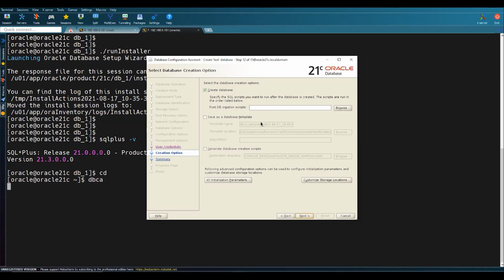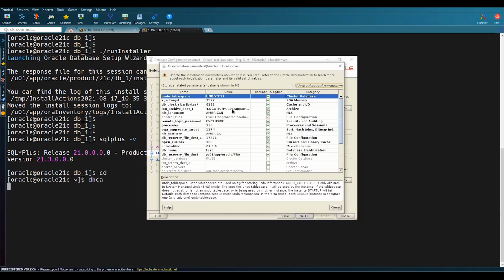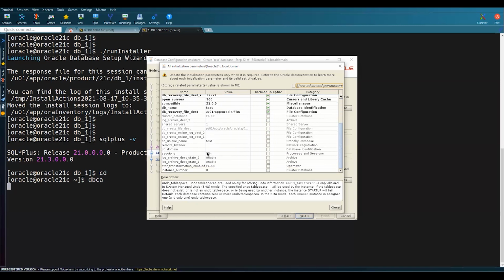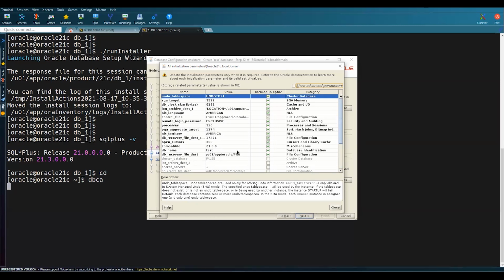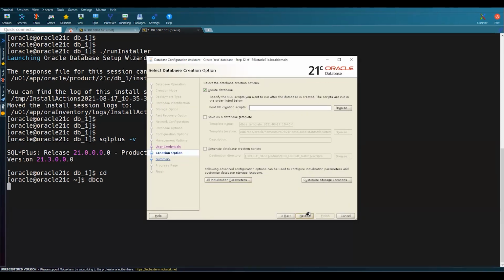You can also save as a database template and generate the database script, all those options you can select, and you can look at all the initialization parameters from here to verify if anything has been missed. Okay, so I'll close this option here.